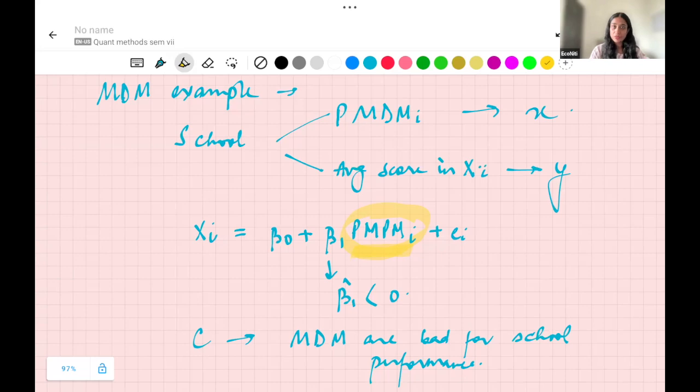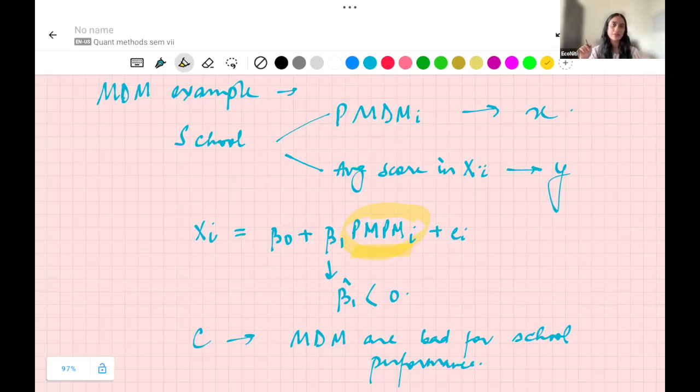In the school in which the proportion of students eligible for midday meals, जब ये बहुत हाई है, तो इसका मतलब क्या है? इन schools में there is a large or there is a huge proportion of kids who are coming from poor families, as compared to schools in which this is very low, right? Which means कि इस स्कूल के ज्यादातर बच्चों को मिड डे मील्स की जरूरत ही नहीं है, ये ऑलरेडी अच्छे खासे घरों से आ रहे हैं।